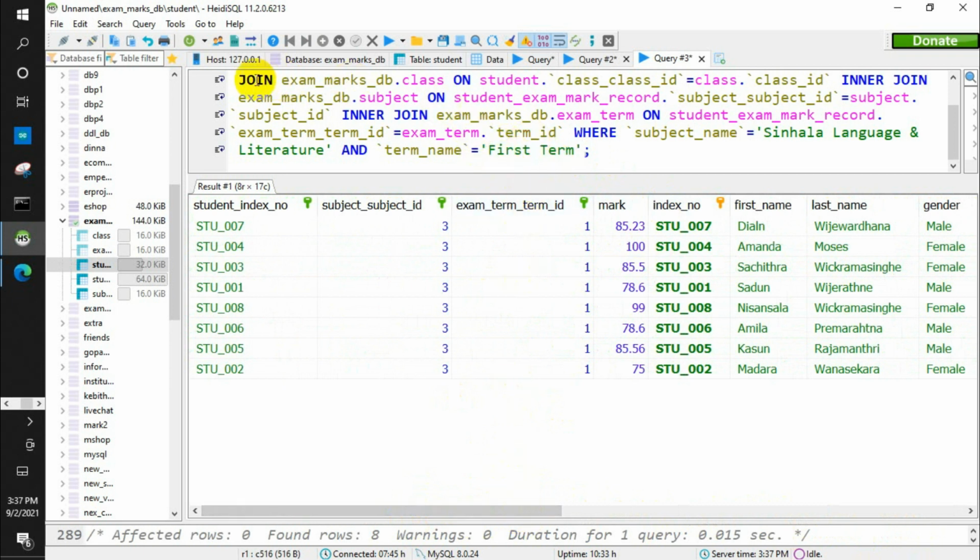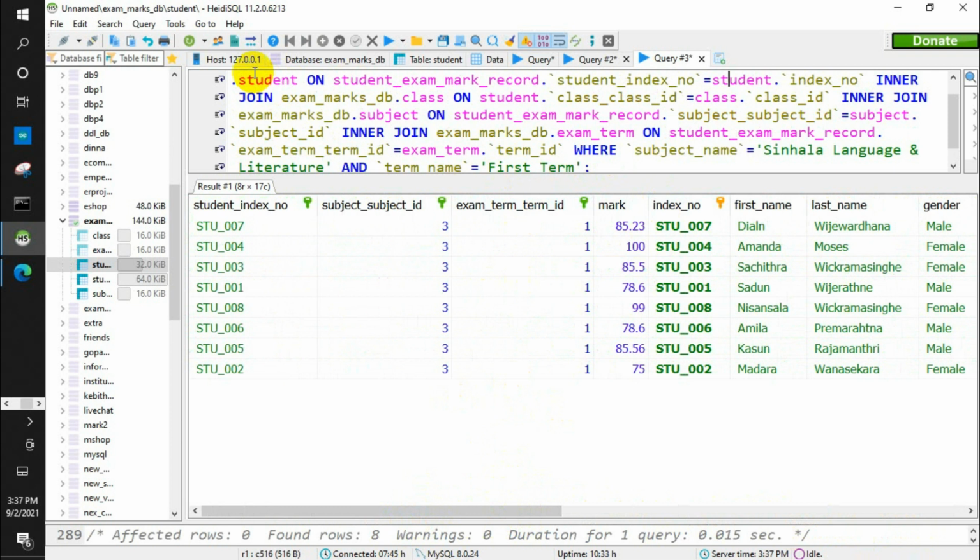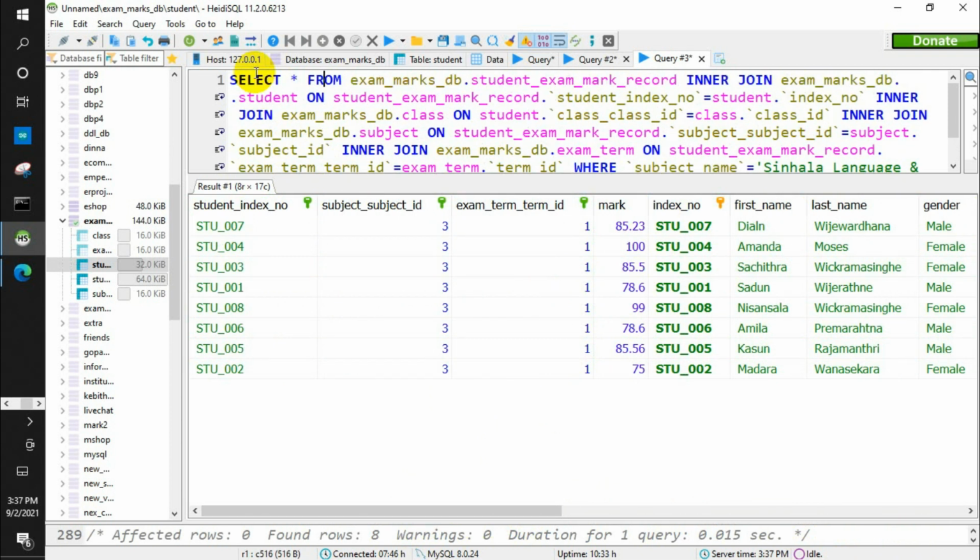Now here, I don't need all the details, I just need some details.